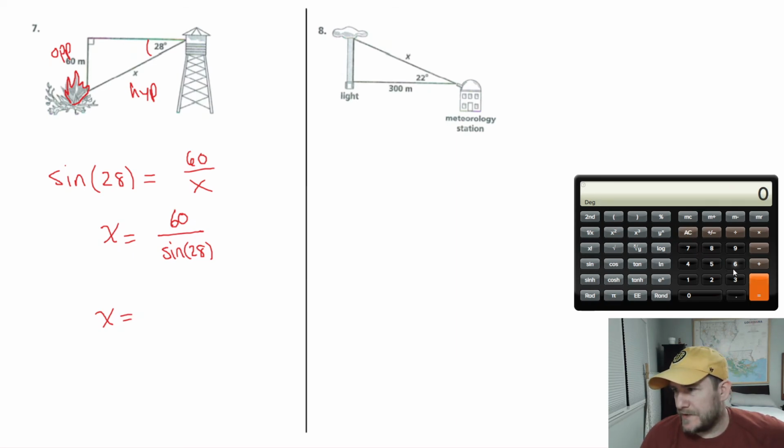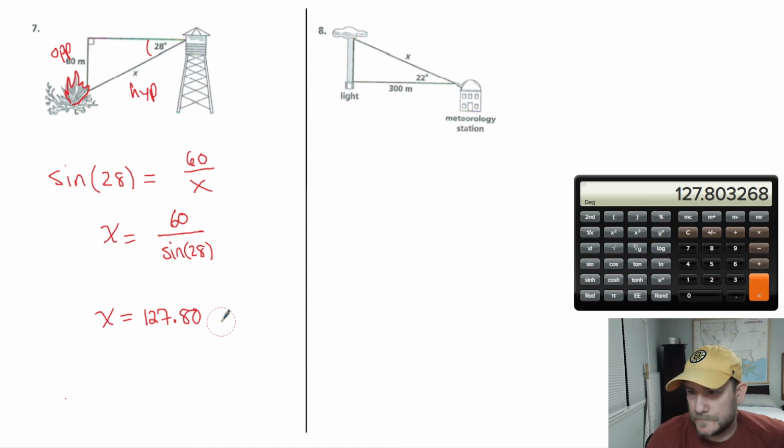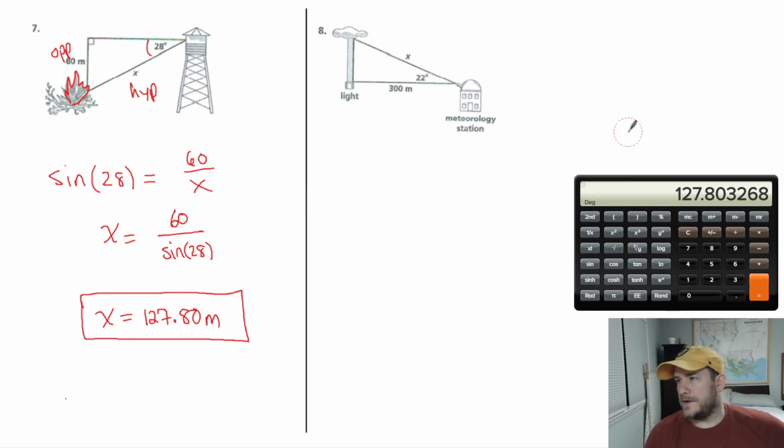So we're going to go 60 divided by 28 sine equals 127.80 meters. All right, and then the last one,